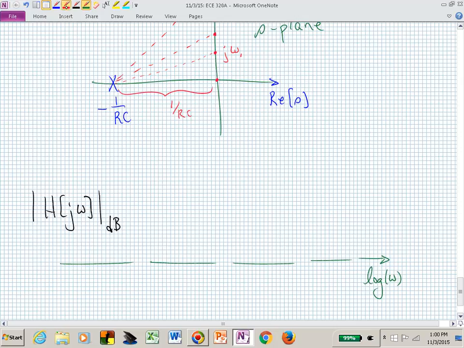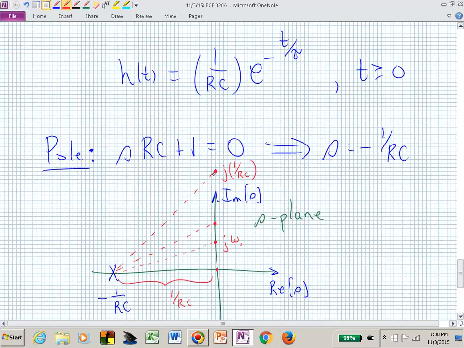And what I just tried to say was right here, at a frequency of 1 over RC, when we marched up the imaginary axis to that point, which is the same distance vertical as we were in the horizontal location,